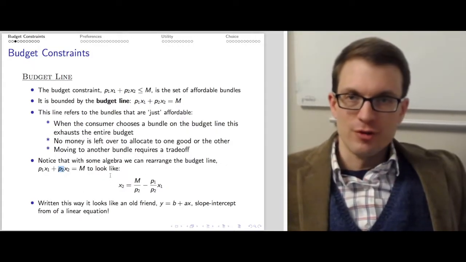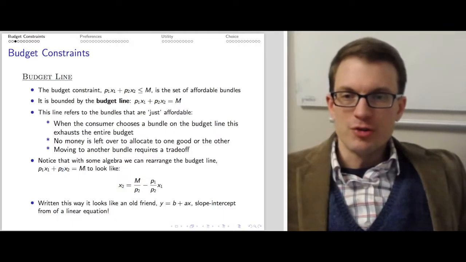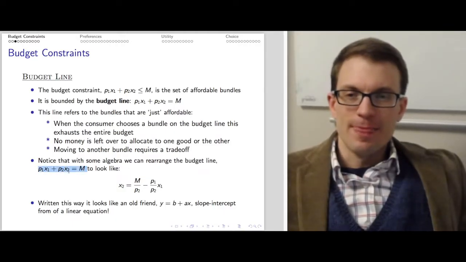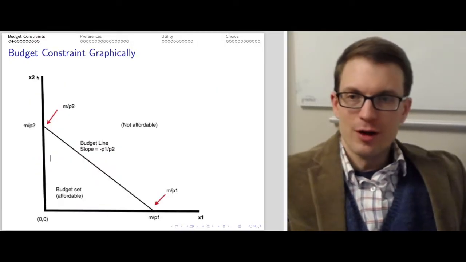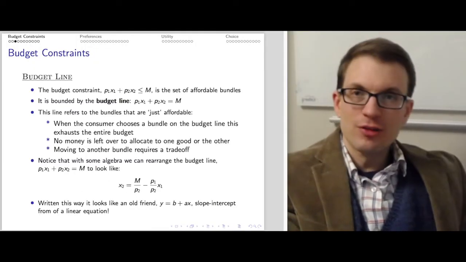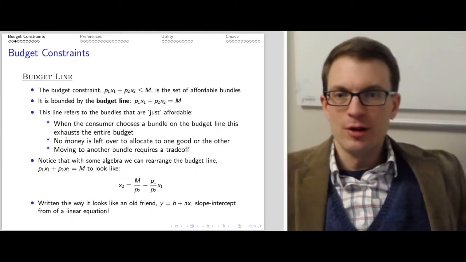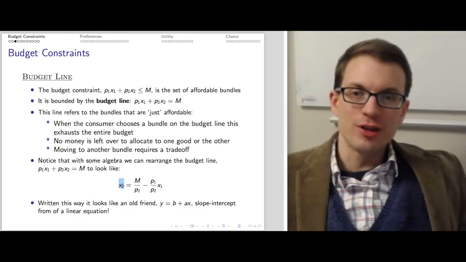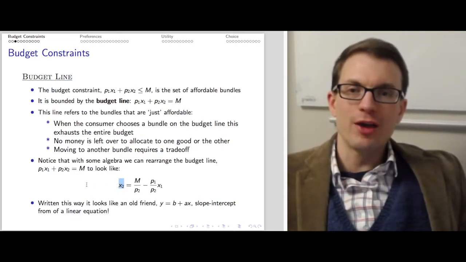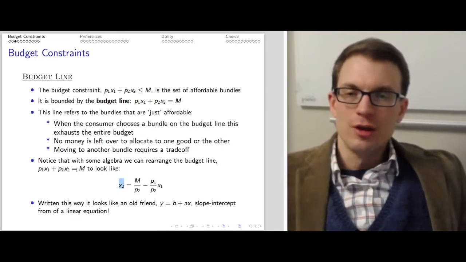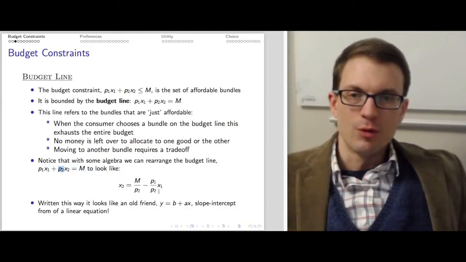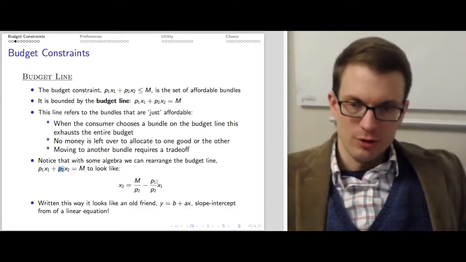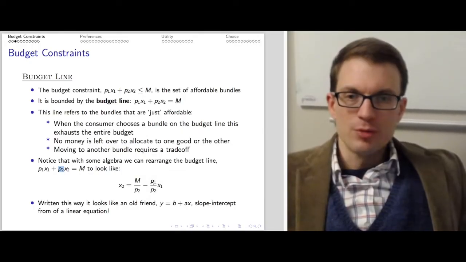I'll show this development. So here is our budget constraint. Here's the actual budget line. And we can just manipulate this. Let's solve this for x2, right? We put x2 on our vertical axis. So that's like our y. Let's get this thing in y equals mx plus b form. It's essentially solving for y, and x2 is taking the place of y. So when we solve this for x2, we subtract the expenditure on good 1 from both sides. And then we divide through by the price of good 2. And when we do that, we get m over p2 minus the price ratio, p1 divided by p2,